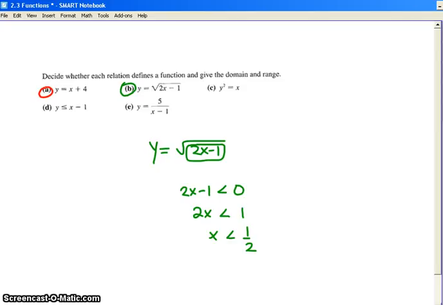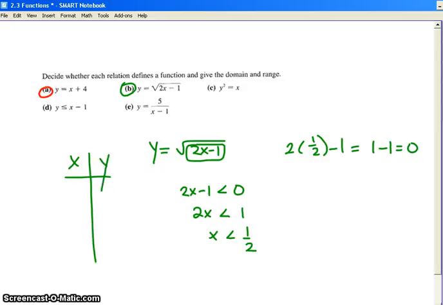Okay, so for example, 2 times 1/2 minus 1 equals 1 minus 1, which is 0. That one is okay to use. Okay, the square root of 0 equals 0, so that's good. So if my input is 1/2, my output is 0, and that's good. But if I take a number that is less than 1/2,